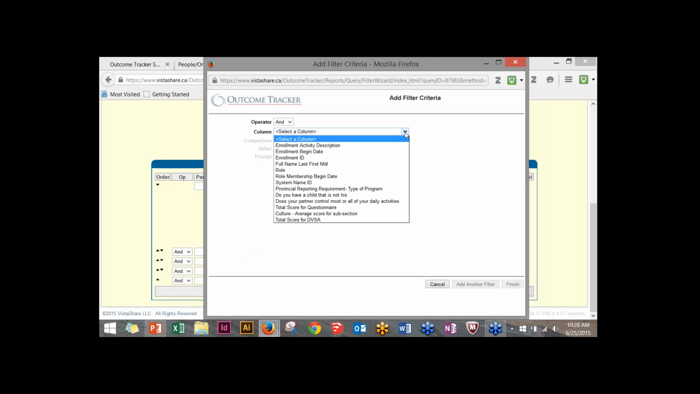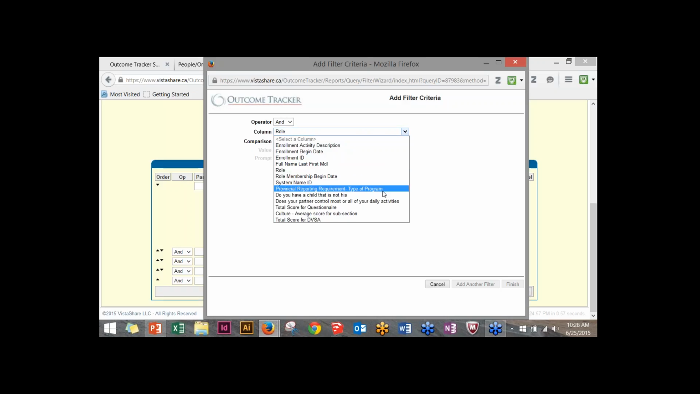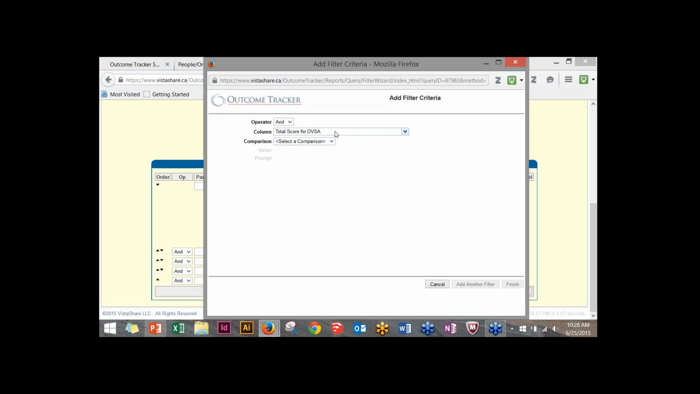So let's work with a few different question types so that you can see some of the different filters that are available to you depending on the question type. So let's look at the total score. The total score for the DVSA is a number field, and so we have